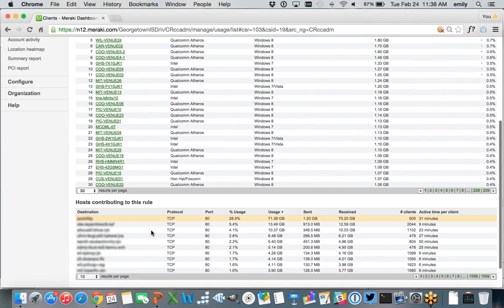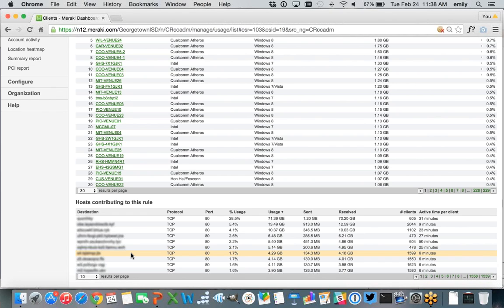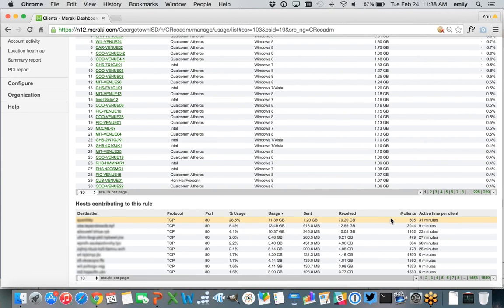And this is something you can enable or disable depending on your privacy preferences, but if you do enable this, you can actually see the specific websites and destinations that these client devices are going to. Now, they're obviously blurred out for privacy reasons because I am not an admin on Donnie's network, but he would probably be able to go in and actually see which websites these are, and you can actually see the active time spent per client there. So, if this is not necessarily a school-oriented website and you're sort of worried about the amount of time being spent there, it's very easy to then take this information and create a policy around it.